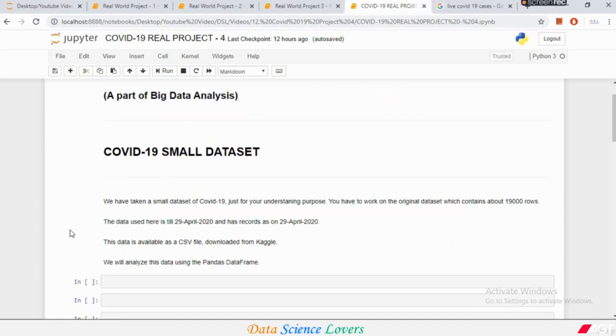So we have taken a small dataset of COVID-19. You have to work on the original dataset, which contains about 19,000 rows. The data used here is till 29th April 2020 and has records as on 29th April 2020. So the data is available as a CSV file downloaded from Kaggle, and we will analyze this data using